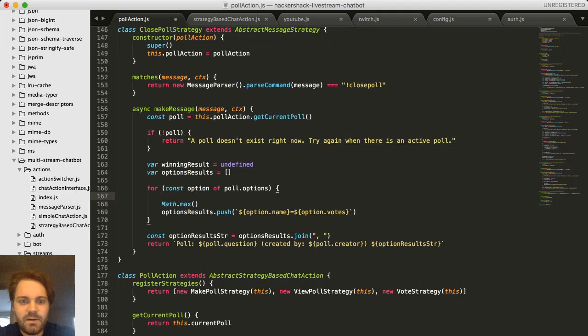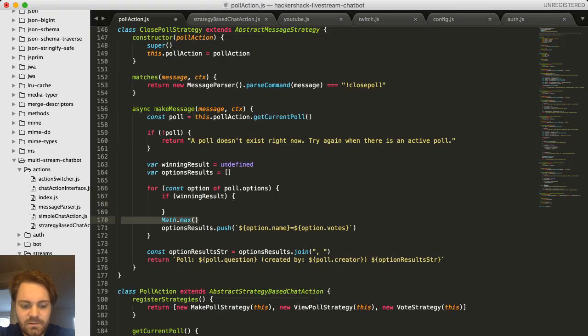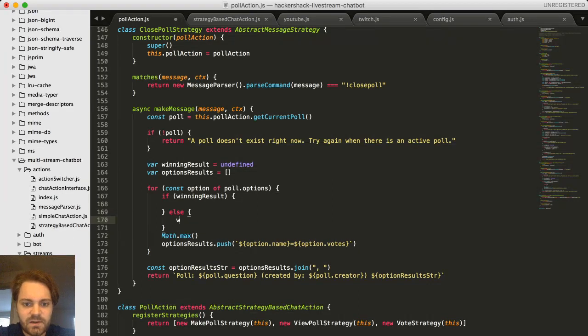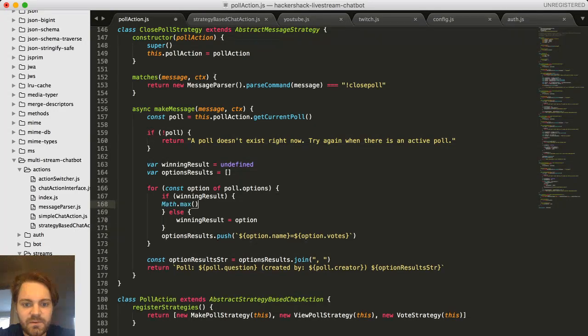So if winning result exists, else I need to set the winning result equal to the option. So this will be math.max. So the winning result, or sorry,